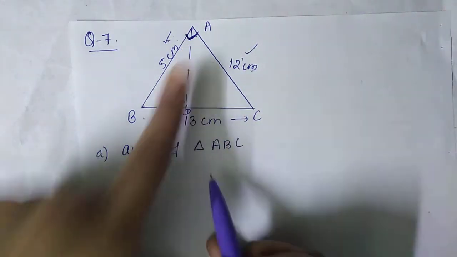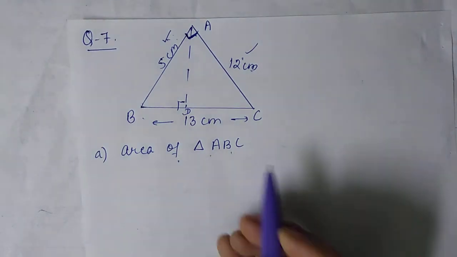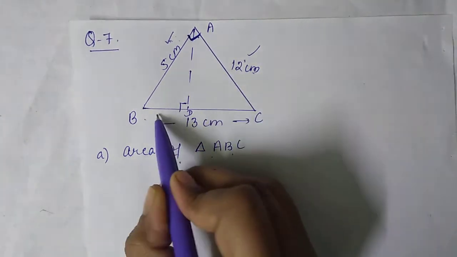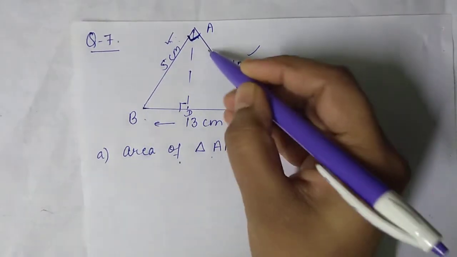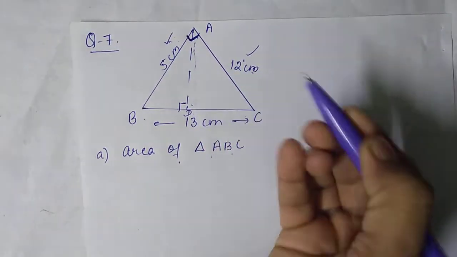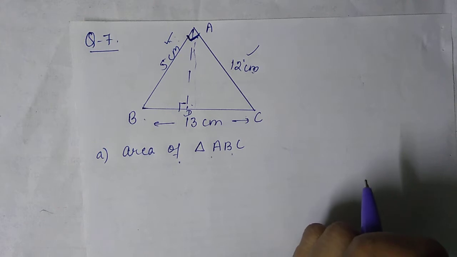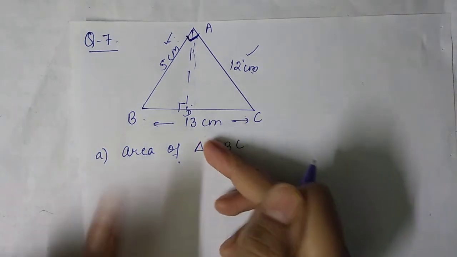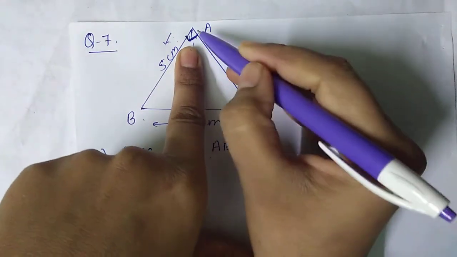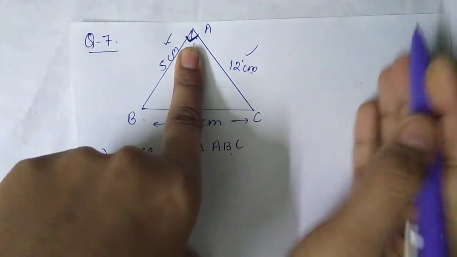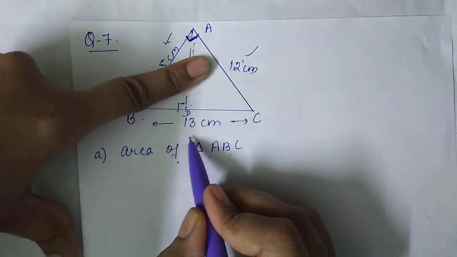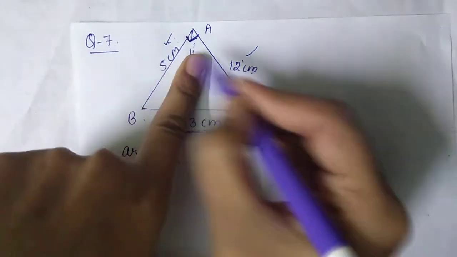Area of triangle ABC. One more way, you can apply area of triangle ABC is half into base, you can take this, and height you can take this, but we don't have this length. So how will I find the area? Instead of this, I will do this. This is a right angle at A, the vertex of this triangle. So I can easily apply half into base into height, and we know that opposite to 90 we have the hypotenuse, and the other two are base and height.